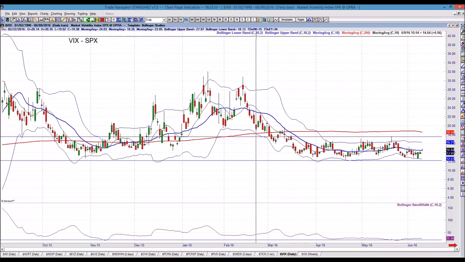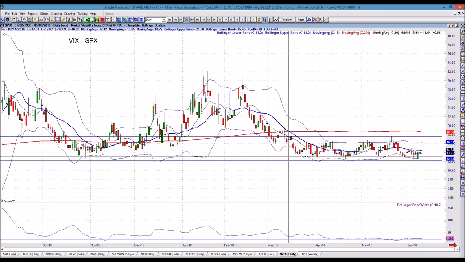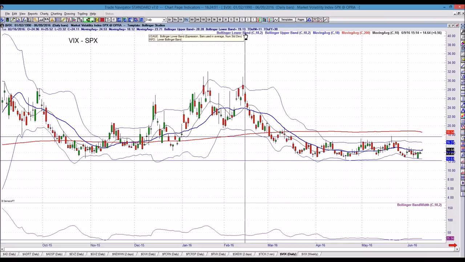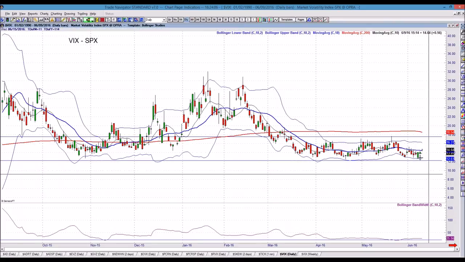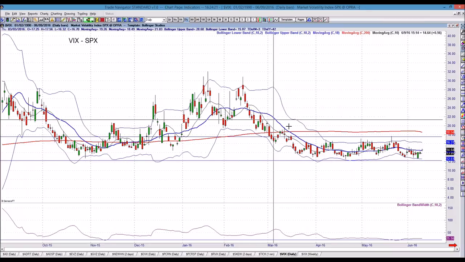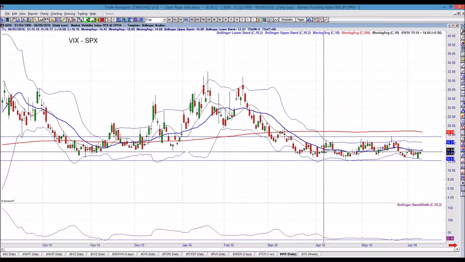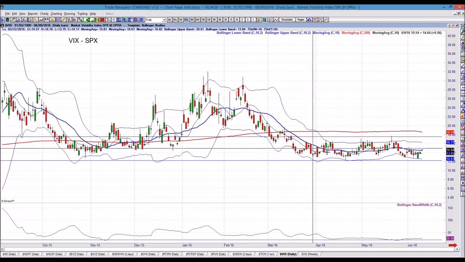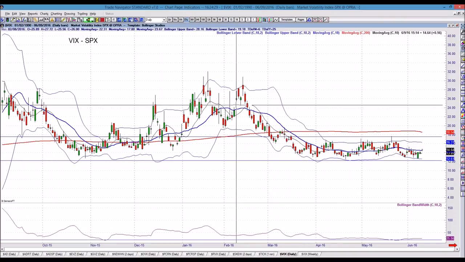It's looking at the penetration of the lower Bollinger Band. You look for a penetration and close below the lower Bollinger Band, and I have my Bollinger Band set to 18.2. When you get down to the lower Bollinger Band, typically you get a response off of it. Look at this: lower Bollinger Band, response off of it; lower Bollinger Band, response off of it. And the VIX trends down beneath the simple 20-day moving average. In this particular case, simple 18-day moving average. Sorry, when I look at a Bollinger Band, I assume it's 20.